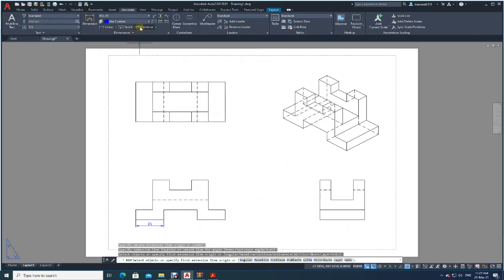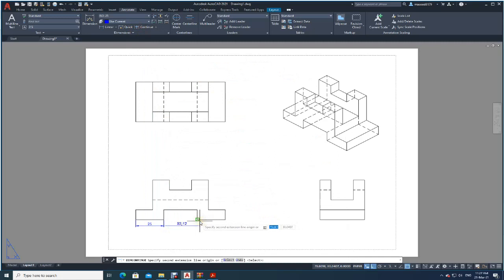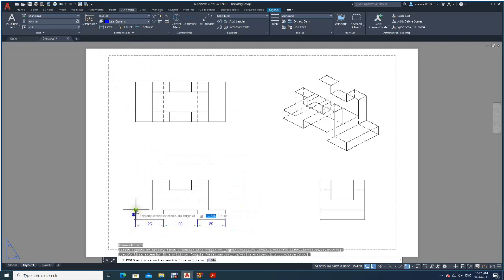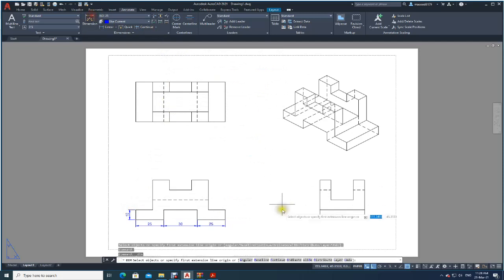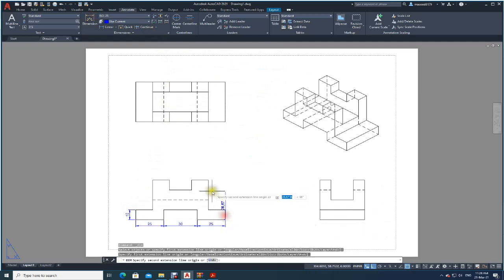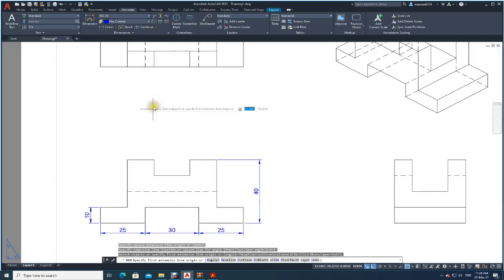Now go to continuous dimension. So it will catch the point. It will catch the point. See there? Done. Now click from the, for this line you want dimensions. See? From here to here you want, just come, fix it. And what are the other dimensions you need? From here to the top line you need 40 is the height. Now let's make it little big.